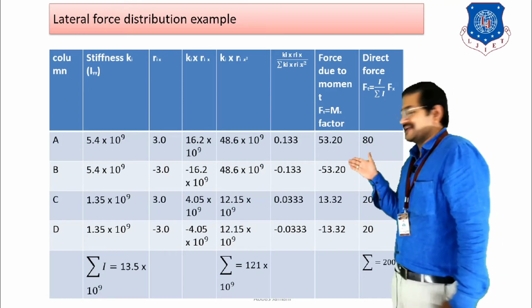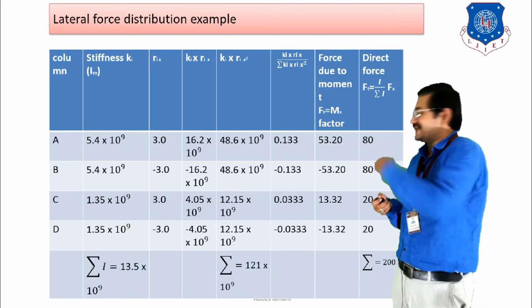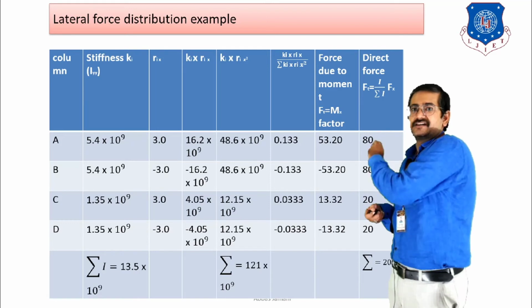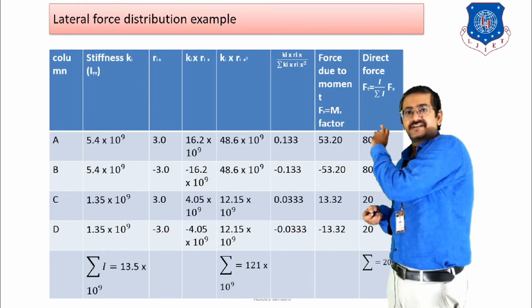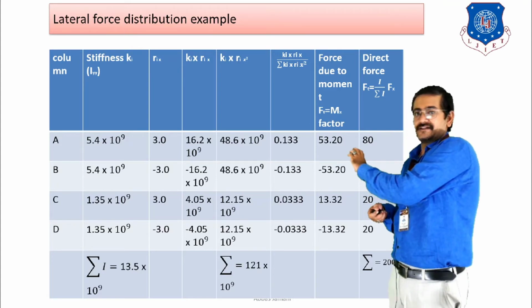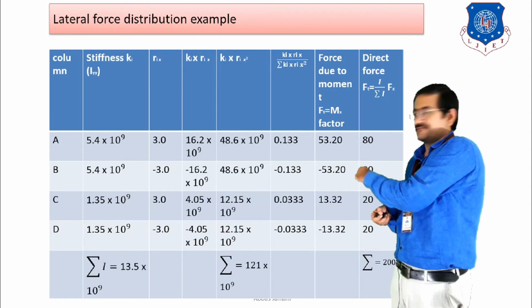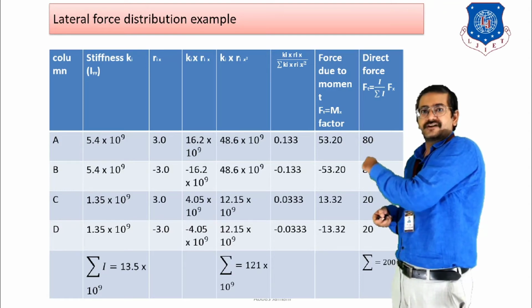Because your load is being applied in the X direction, the frame perpendicular to it is going to resist. As a result, the direction of moment of inertia that will be the major component is the IYY direction. That is, the stiffness that you are going to mention in this second column, for all the columns, has to be with respect to IYY.